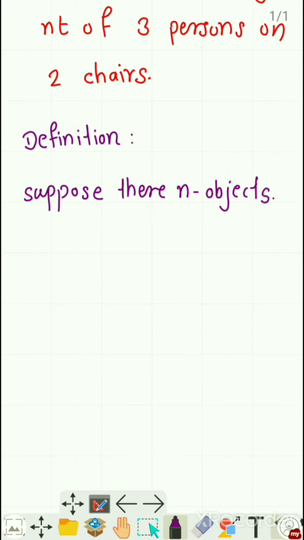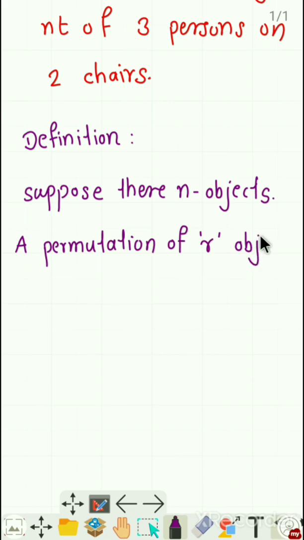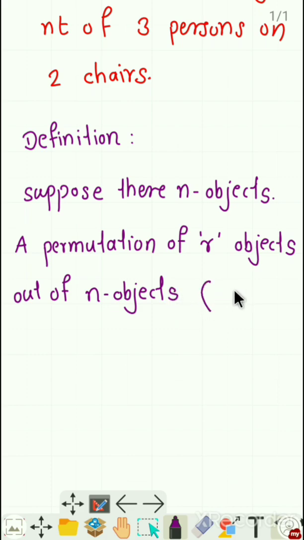A permutation of r objects out of n objects, where r is always greater than or equal to 0 and less than or equal to n,